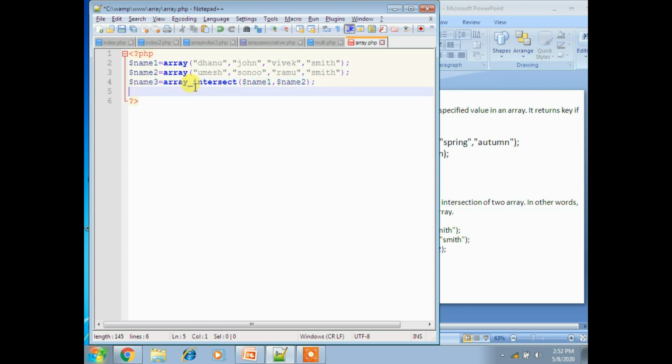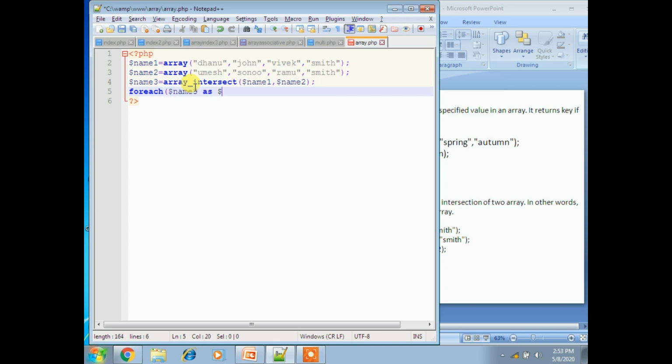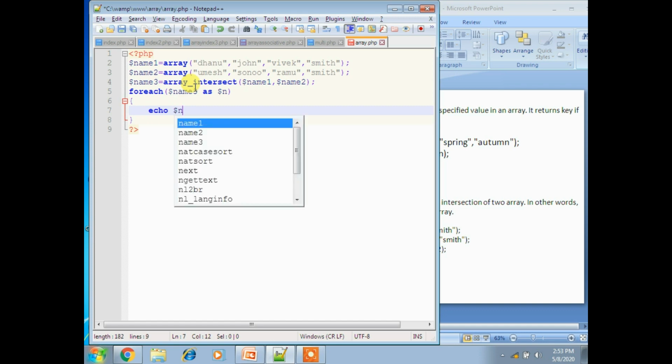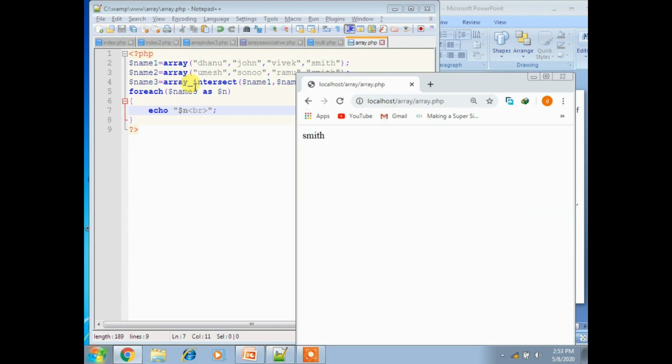So now foreach dollar name 3 as dollar n, we'll echo dollar n. For this we have to apply BR, so put it in double quotation marks, and then it prints the values, like Smith.